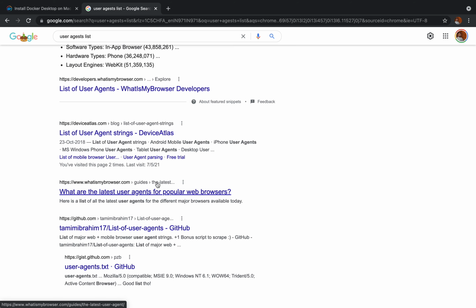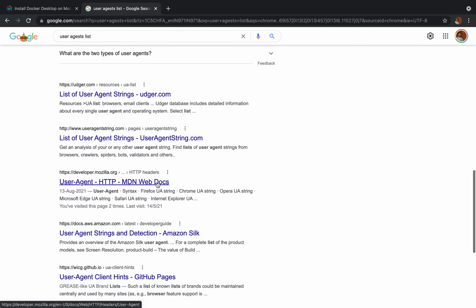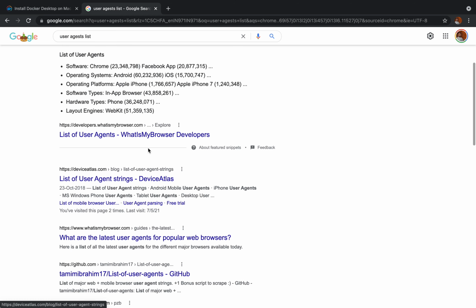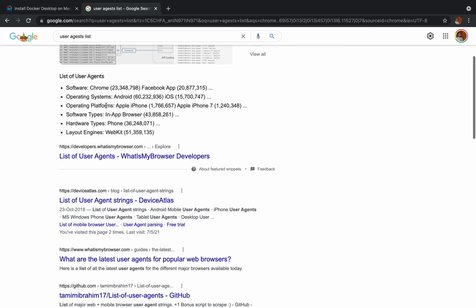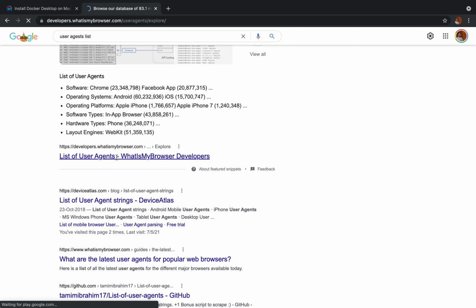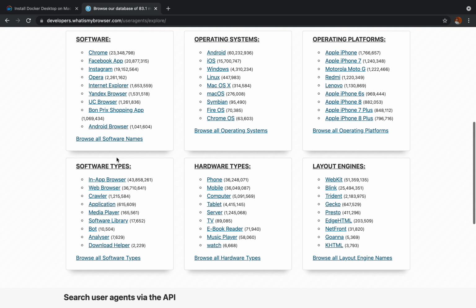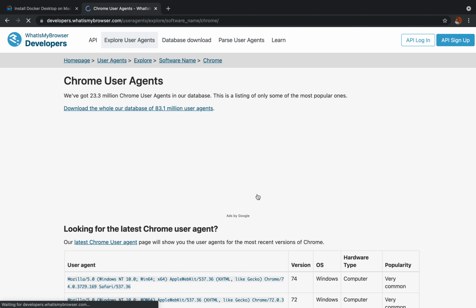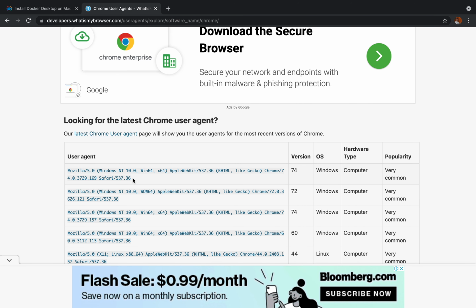You can say Google user agents or list of user agents. Okay. For Chrome, I'm going to take it and copy this user agent.